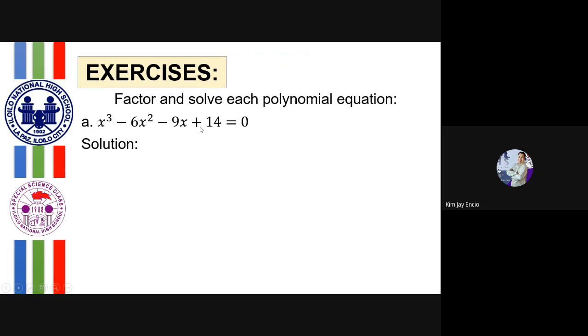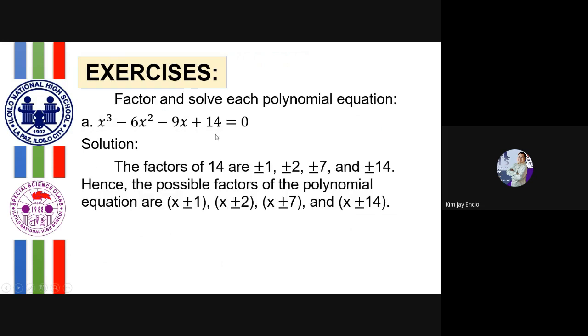And the constant is 14. We know that the degree is 3, so we are sure that the number of roots is also 3. And since the product of the constants is 14, then we have to get all the possible factors of